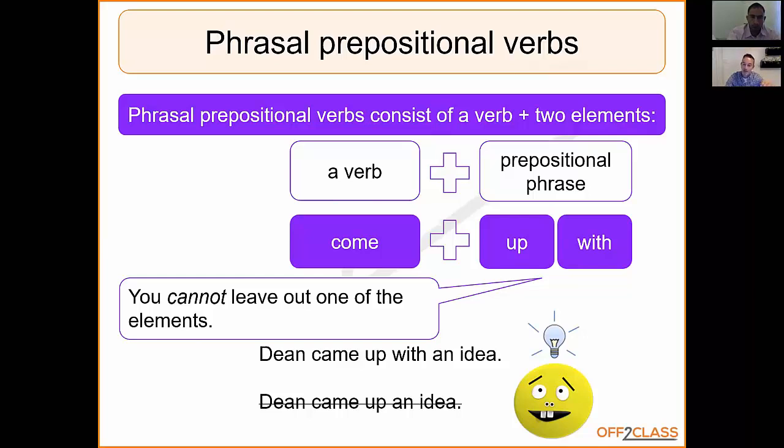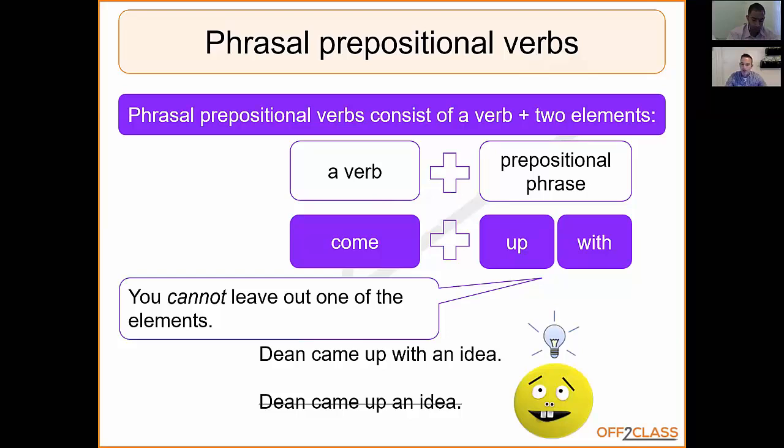But of course, these ones are interesting because you can't use them in a relative clause. They won't sit. And the classic example is, this is something with which I will not put up. So it can become quite confusing for students to use these. So when you know that they're a prepositional phrasal verb, that they have two elements at the end, there is a preposition and a particle.